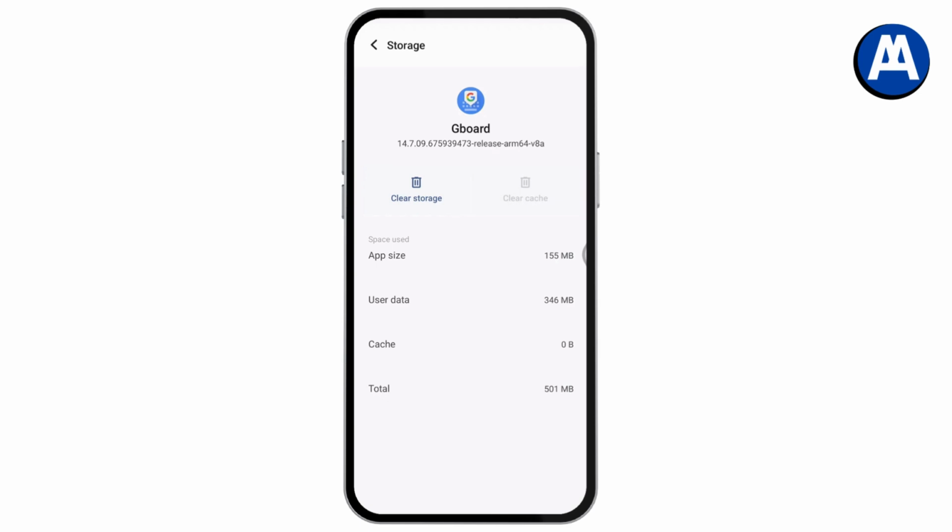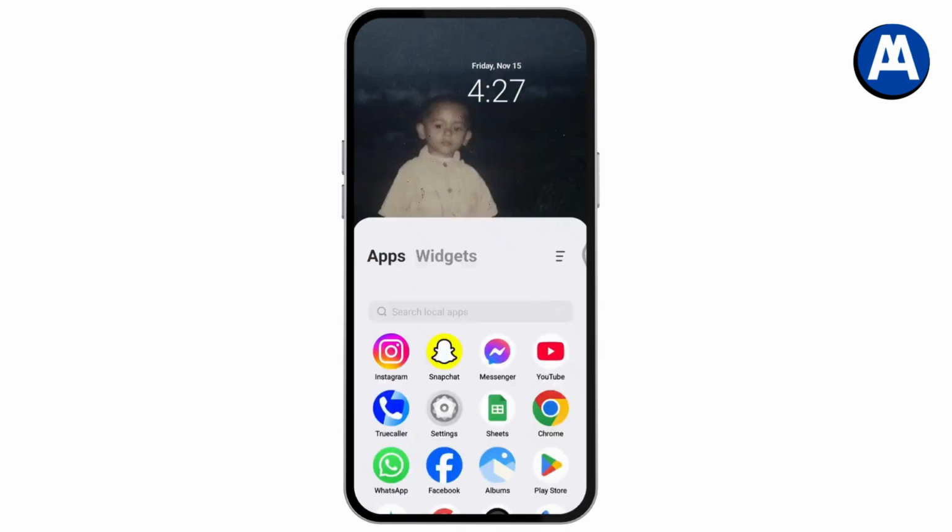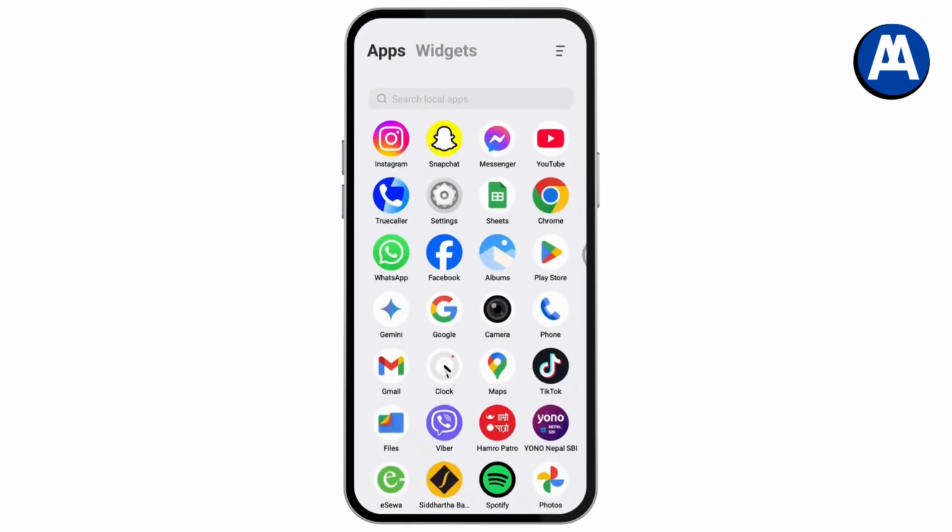Once you've cleared, now you need to restart and your problem will be fixed. So that's how you can fix your on-screen keyboard problem, and if you have any questions, feel free to comment